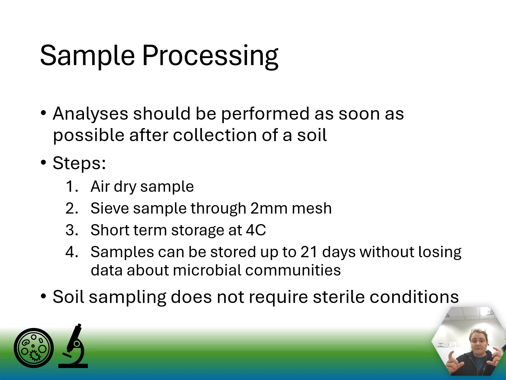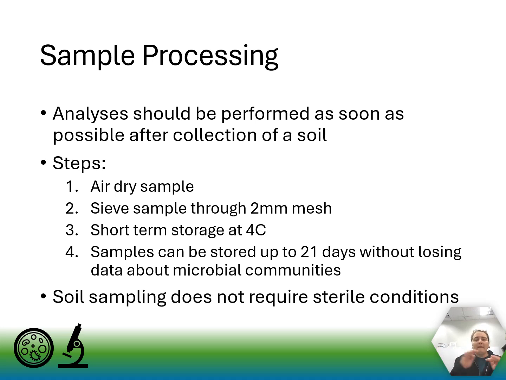So most of the time, the first step when it comes to soil sample processing is to air dry the sample to remove a lot of that extra moisture, because a lot of that extra moisture is going to influence the weight of the sample and what's going on in the sample. And then normally what we would do is we would sieve the sample through mesh to try and remove a lot of big particles or rocks or roots or things like that,